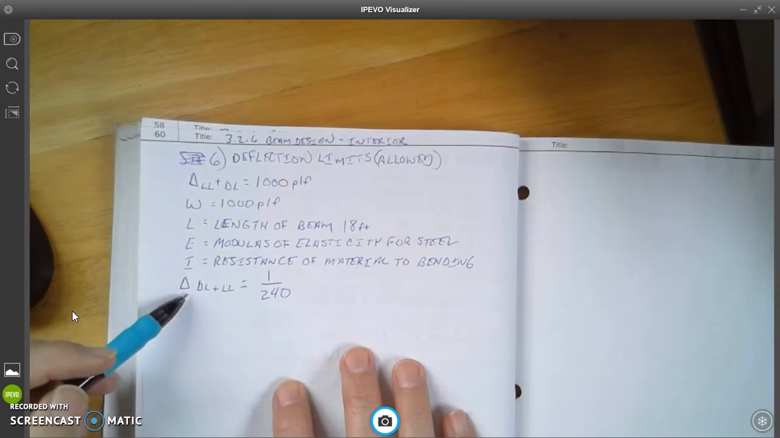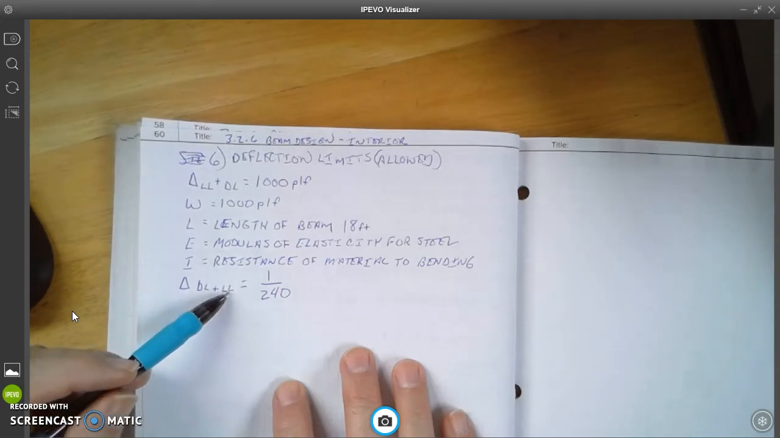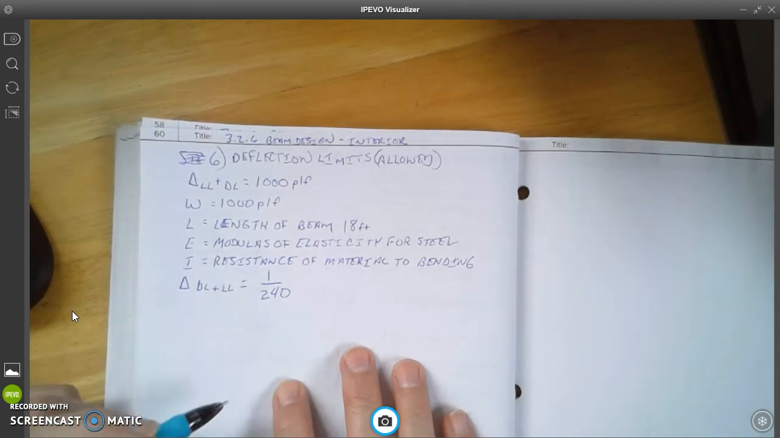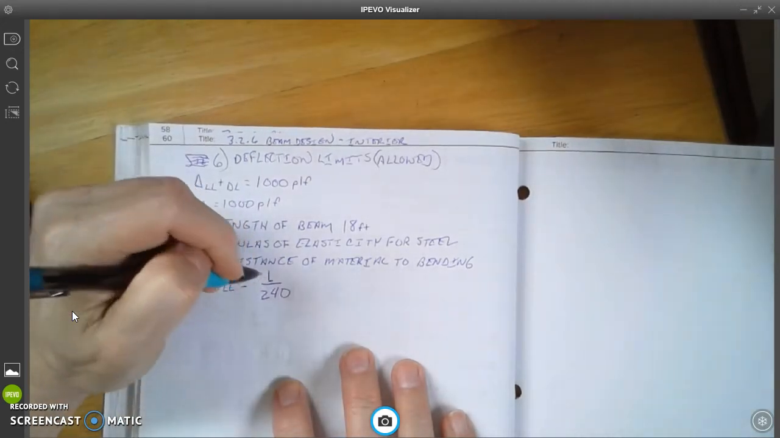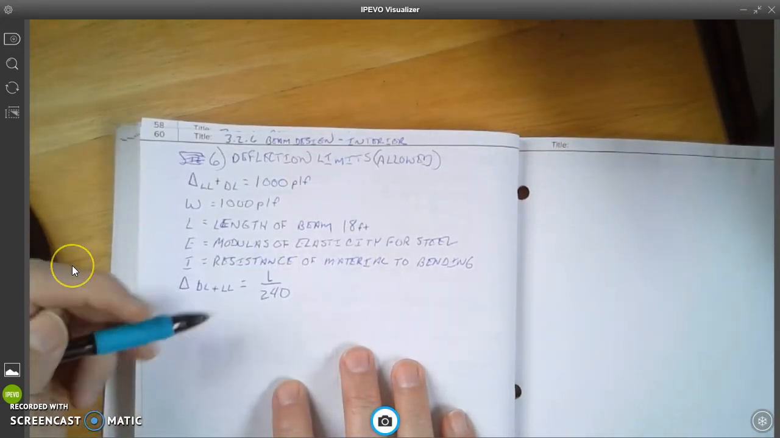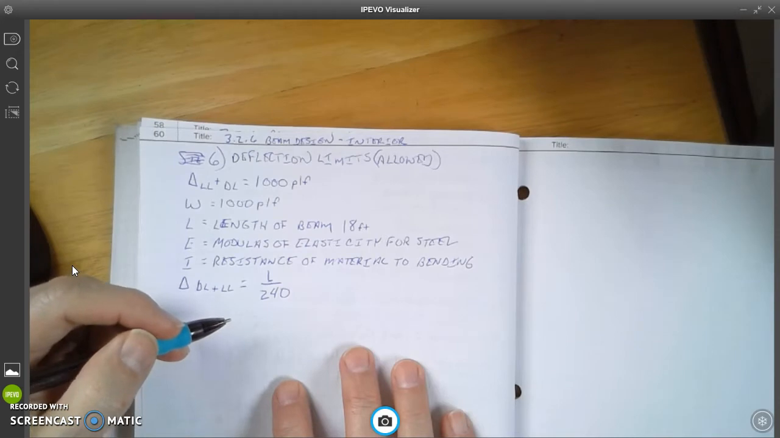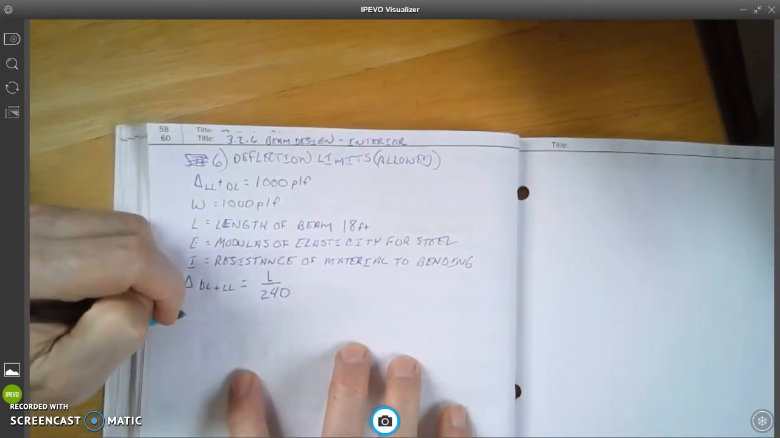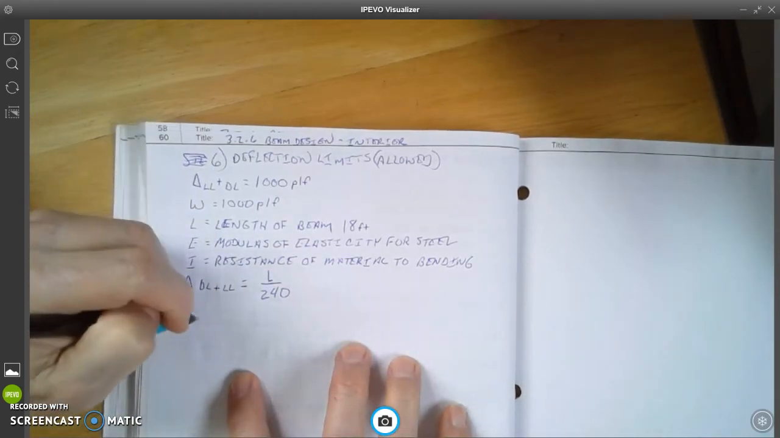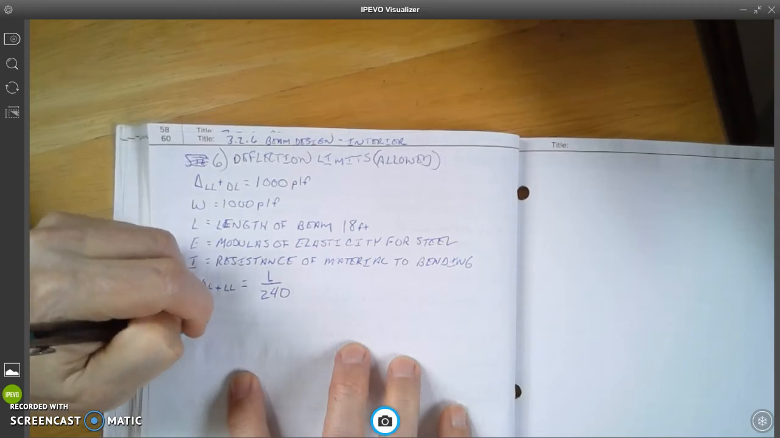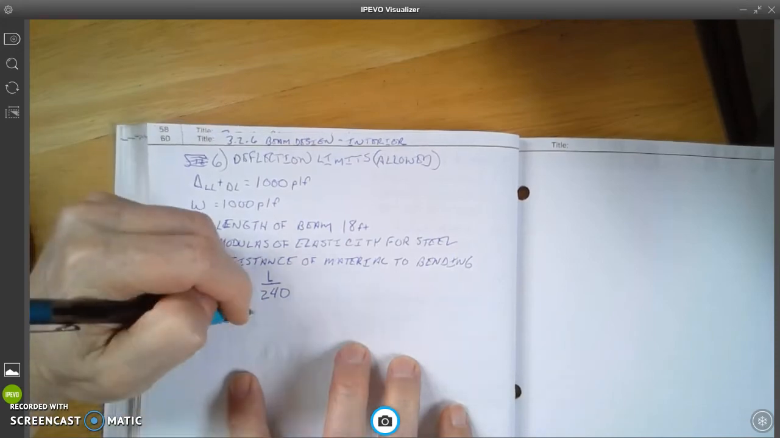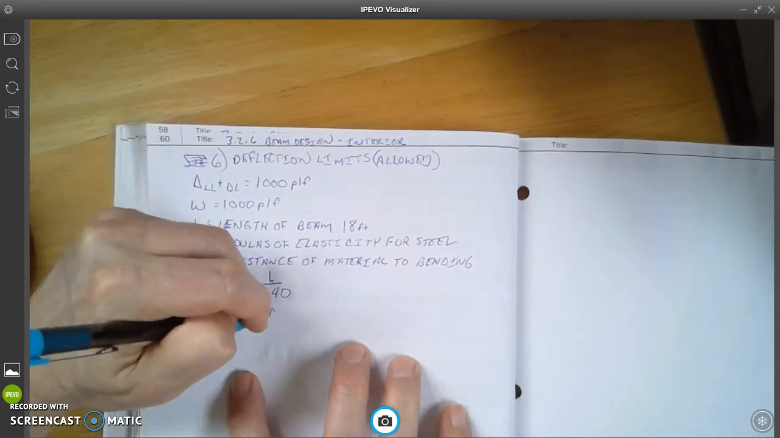So the formula we're going to use here is the delta DL, dead load plus live load, equals the length, that should be L, over 240. So we're going to take and do this calculation. So we're going to get the delta dead load plus live load is going to be equal to 18 feet,